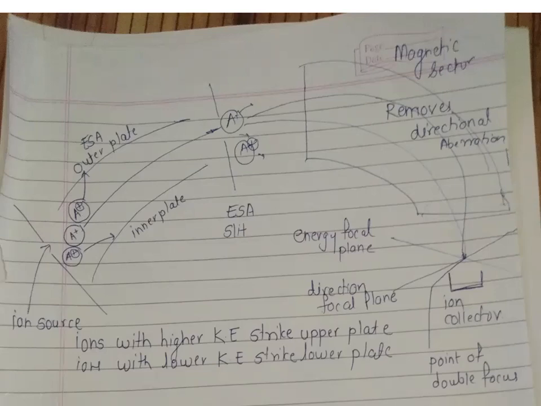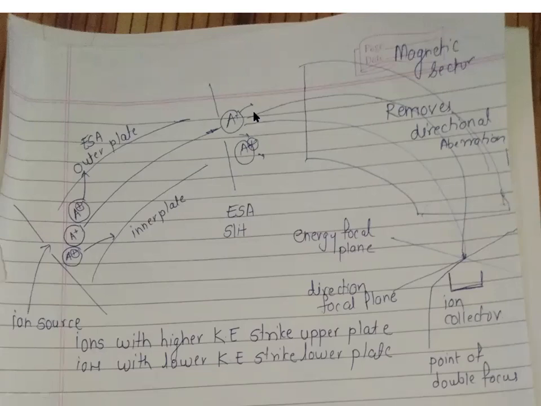Now, the electrostatic analyzer here does not separate the ions based upon their mass to charge ratio. So you have all those ions moving collectively with the same kinetic energy. Here we have A plus, B plus, C plus, all those ions traveling. These are not separated by the electrostatic analyzer. So these do travel, and they leave the ESA slit. Then they will enter into the magnetic sector kind of instrument.